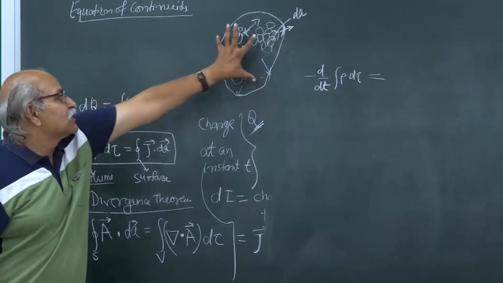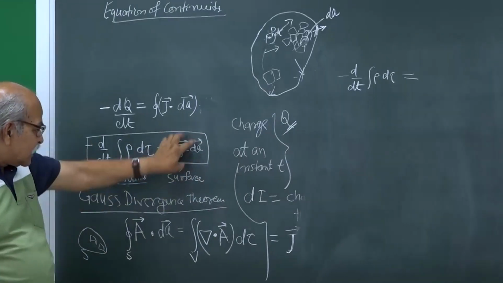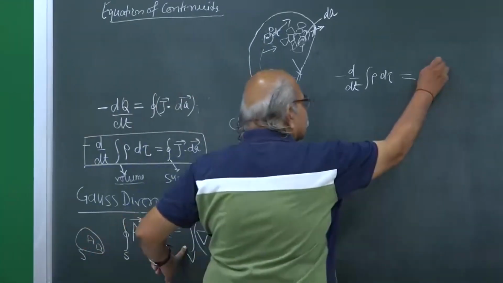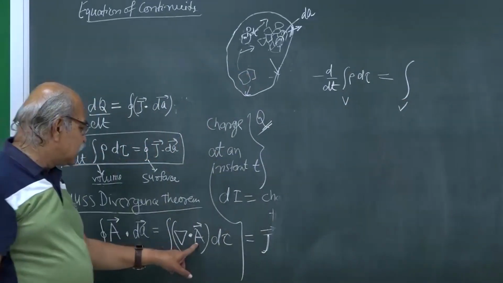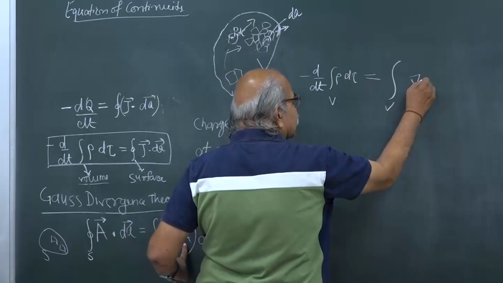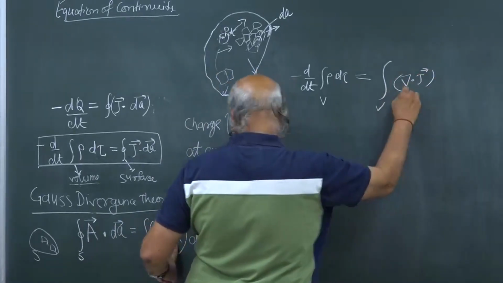This is the closed surface of this volume, and therefore this I can write as a volume integration. This was a volume integration, this is also a volume integration, divergence of J d tau,